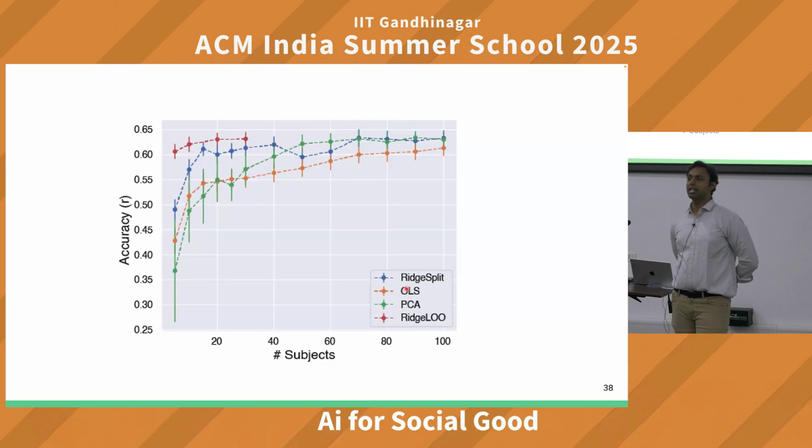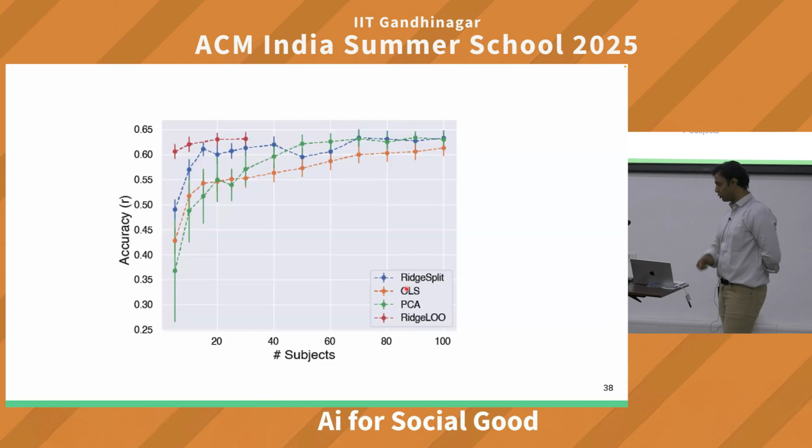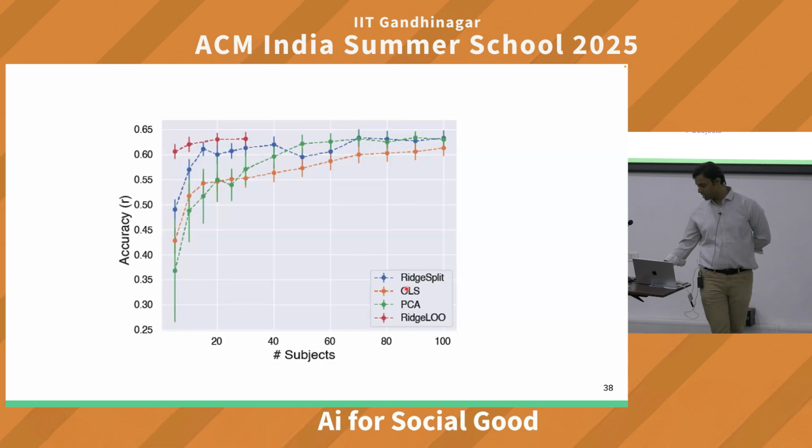So L1 L2 regularization में काम आता है. तो L1 L2 norms होते हैं. And then ridge में क्या होता है कि we do a regularization with the L2 norm. तो वो क्या करता है कि आपके जो coefficients होते हैं उसको reduce करता है.